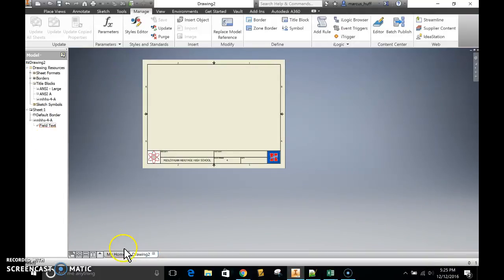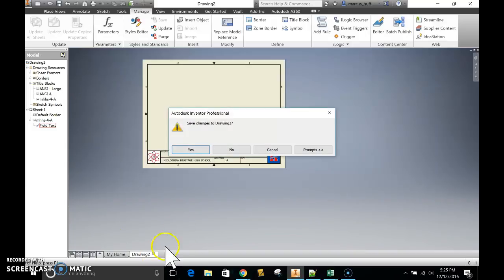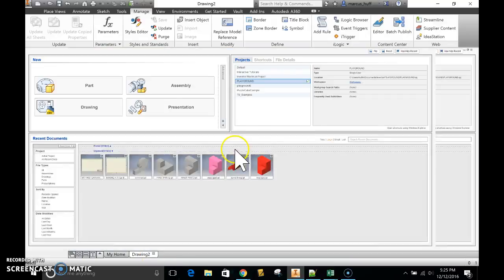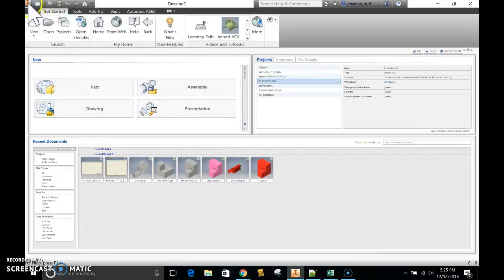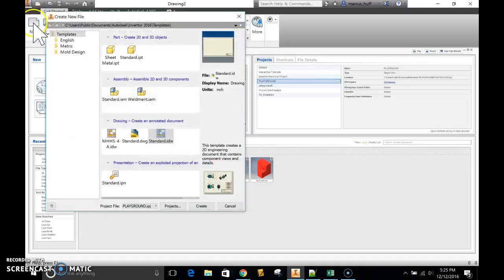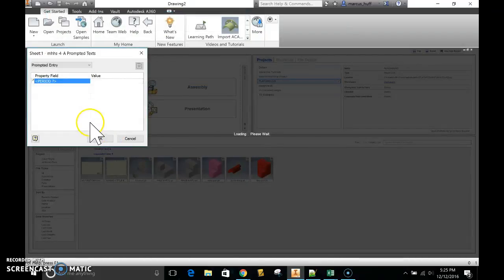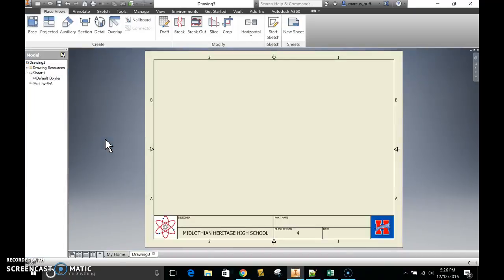Okay, so we can close everything out. So what that's going to let us do is when we open a new drawing, you will see MHHS4A, and that's the one we're going to use. And it's going to ask you, what period are you in? And we put 4th period or 6th period or whatever. And then we click OK. And then it will fill this in. And now the cool thing